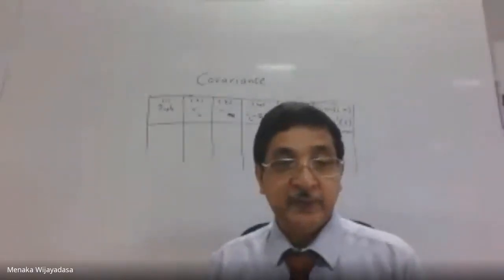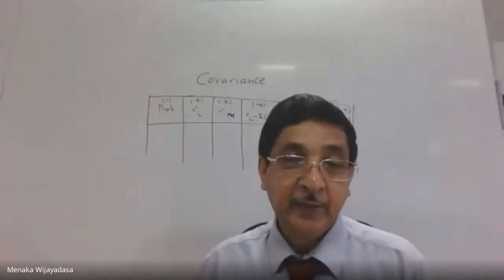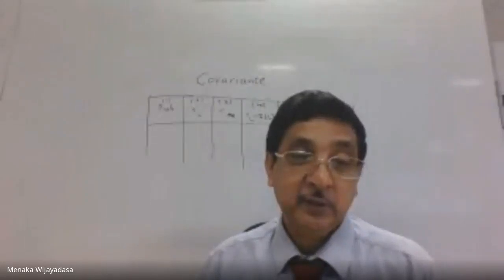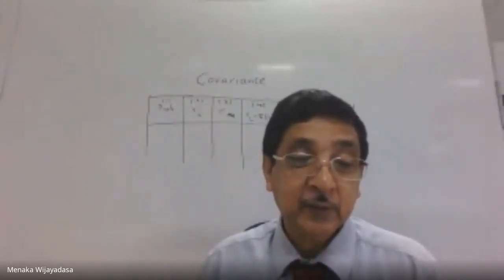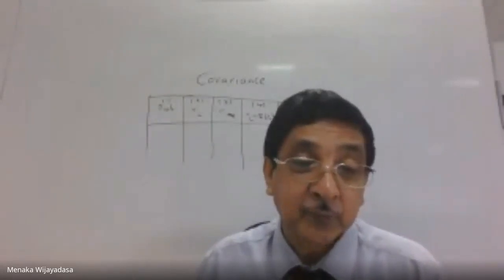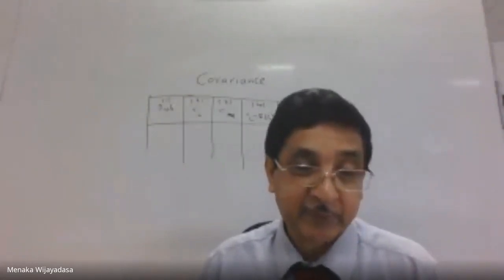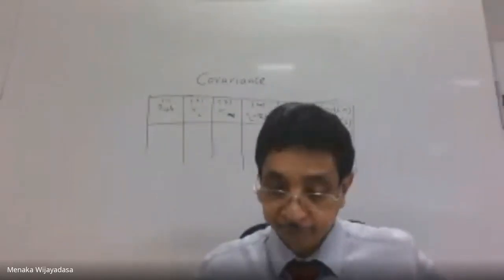I just explained the covariance in the lesson, and I will show you the next part of it. What I need to explain is the correlation coefficient. In order to calculate the correlation coefficient, we need the standard deviation of returns of L and M. That is given in the lesson actually, but I can just show it on the board for the time being.